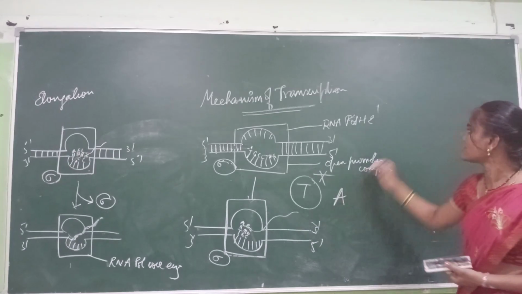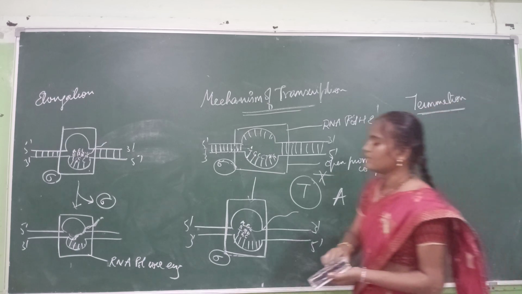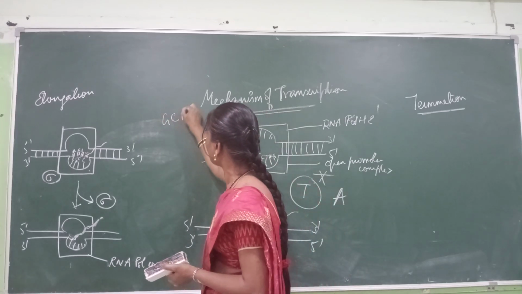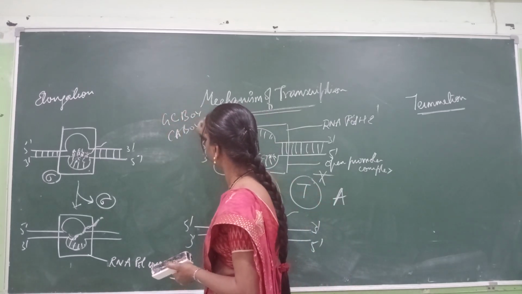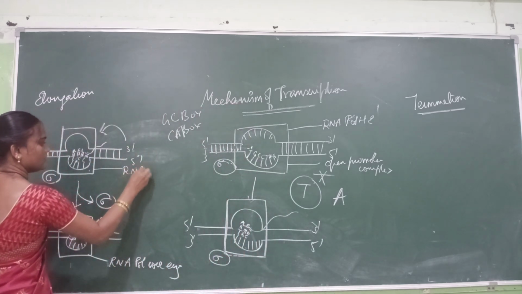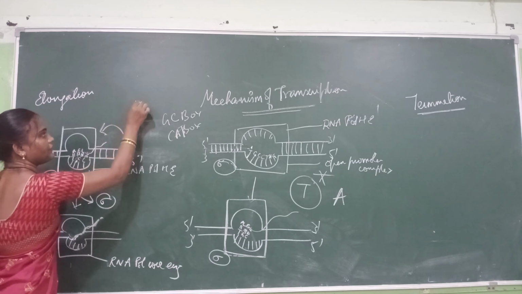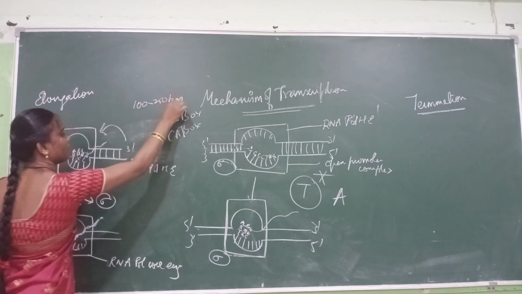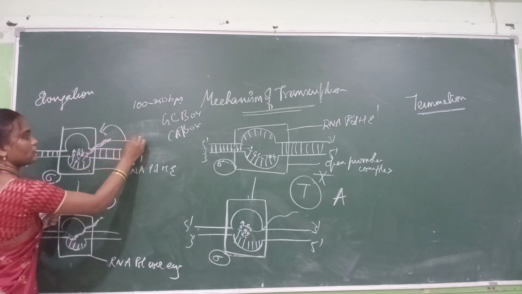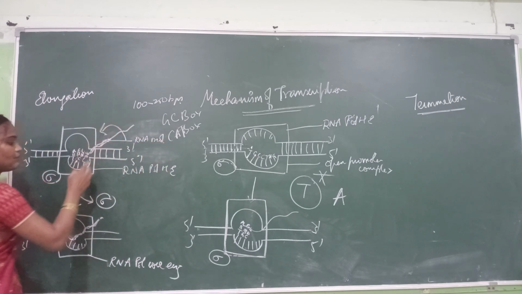Next, coming to your termination. Termination is carried out by one more thing. During the first half of your elongation, there are several sites, that is the GC box and CAT box. From far, they will align your RNA polymerase. So this is RNA polymerase holoenzyme, isn't it? These sequences, at around 100 to 250 base pairs from far, will align your RNA polymerase holoenzyme for the growing chain synthesis of your RNA molecule. So this is the RNA molecule that is getting synthesized. So this is your first step of elongation.